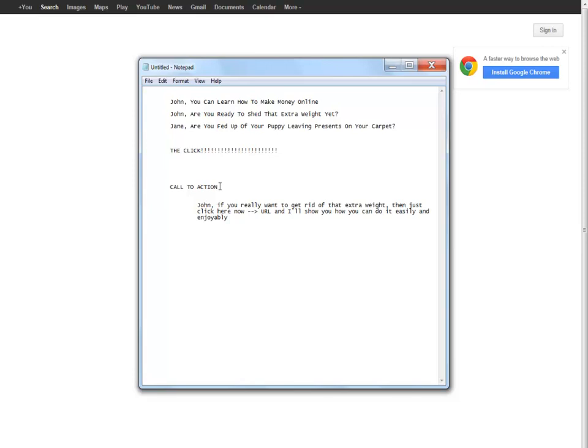So I think it's very important that you sit there and make sure you ask them for the click. Now, you can put multiple links in throughout your email. Just don't put too many in. If you put lots and lots of links in there, you're going to find that they're going to be put off. So just do a couple, depending on the length, maybe 3. That way you've got their attention.